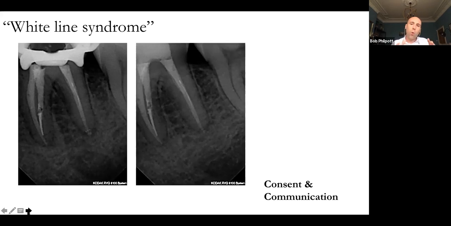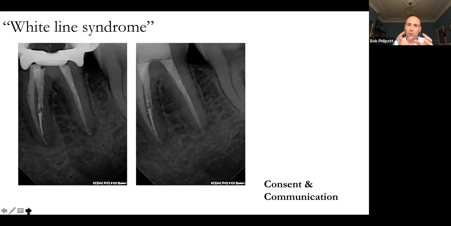You tell them why their tooth might be a bit more relevant. So if it's got an acute curvature, think back to the assessment of curvature. Is it a really acute curvature? Is it an elderly patient? Do you have limited access? Did an instrument break in a patient's tooth before? All of that should affect your consent process, because you're saying to a patient,